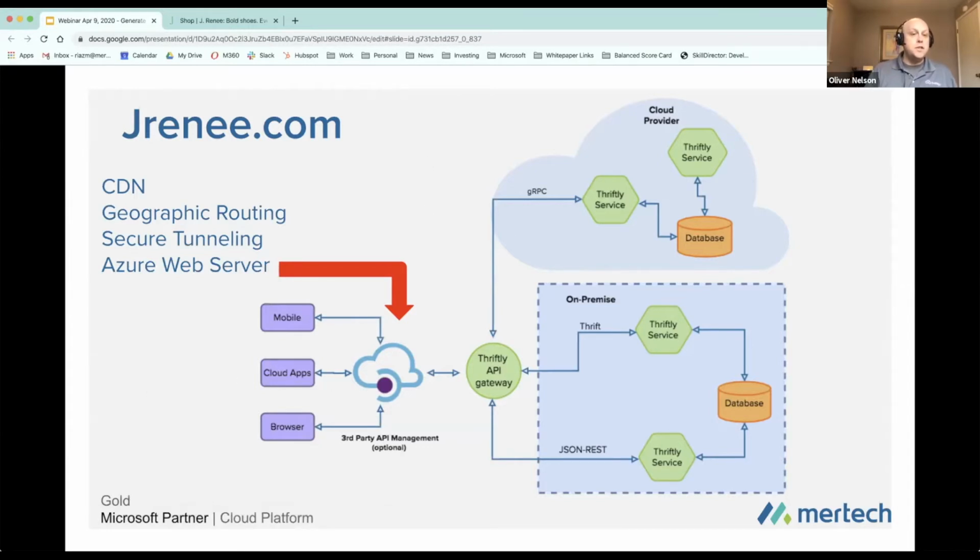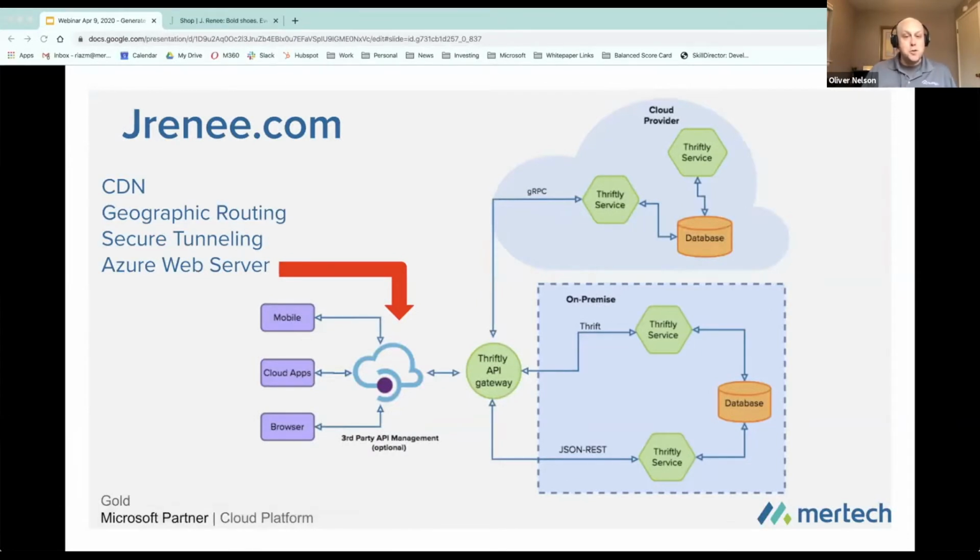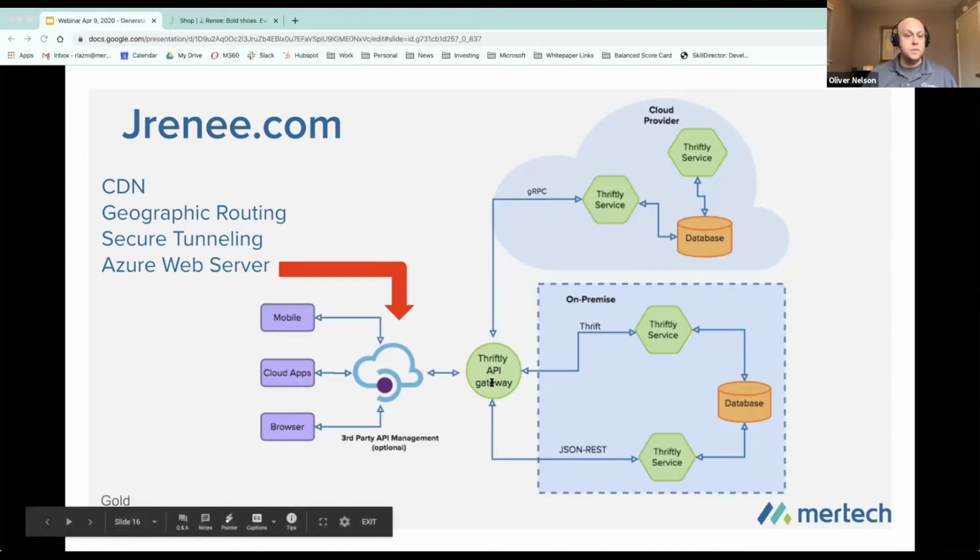They also have in place a geographic routing system here. Not something that you can really show on this graph, but when you visit their website, if you are in Europe, for instance, your connection to their server is being tunneled through a private network that makes it into the US here, where their server is based, where their on-premises system is